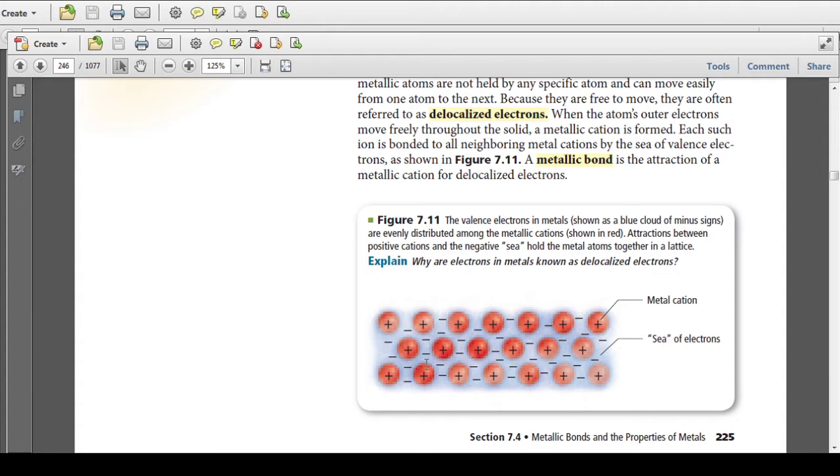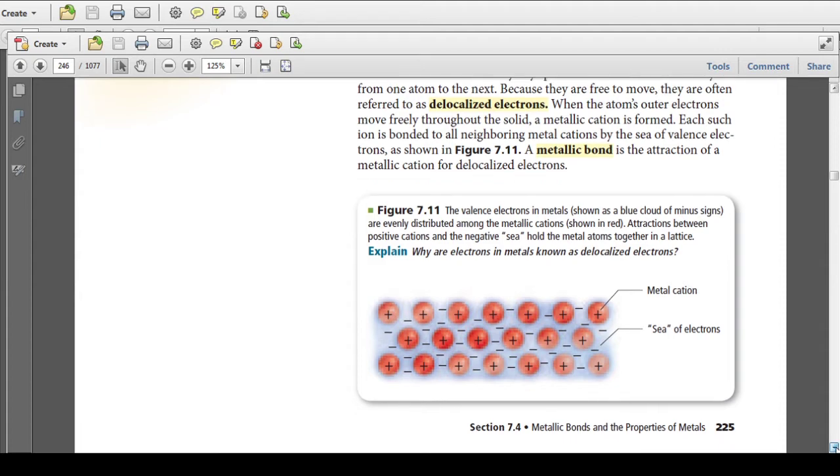In this case, these electrons are floating from cation to cation. And this is completely cool. This is what they do. This is kind of why the d block follows its own rules,